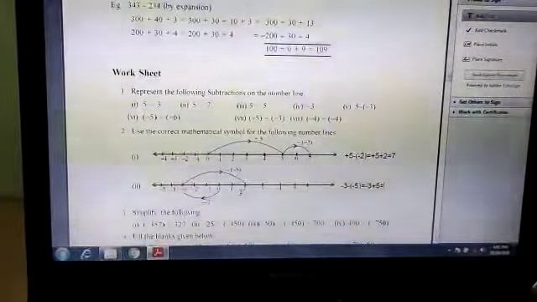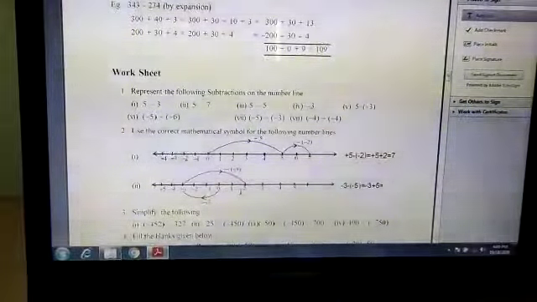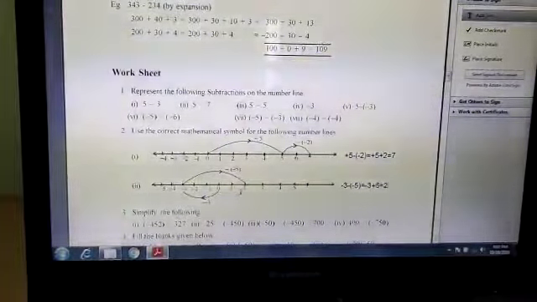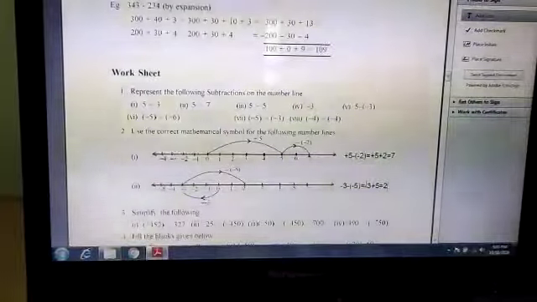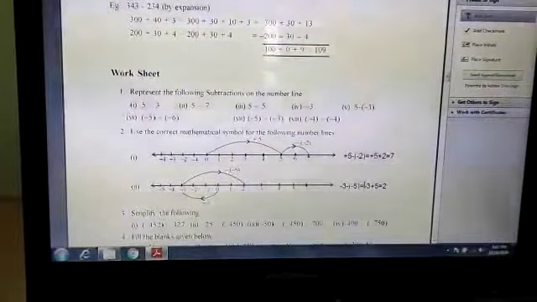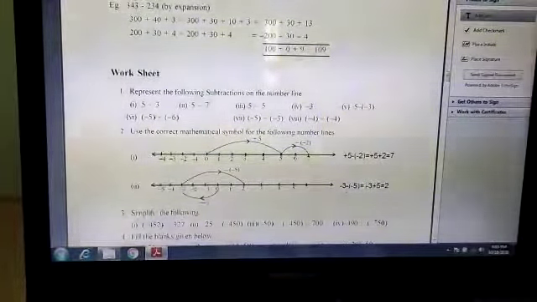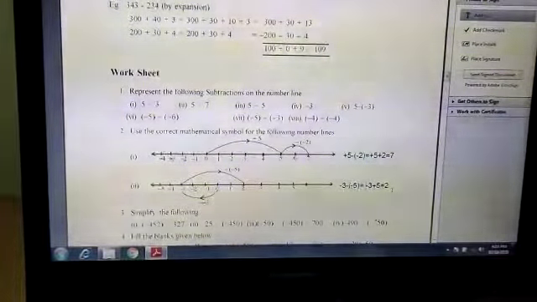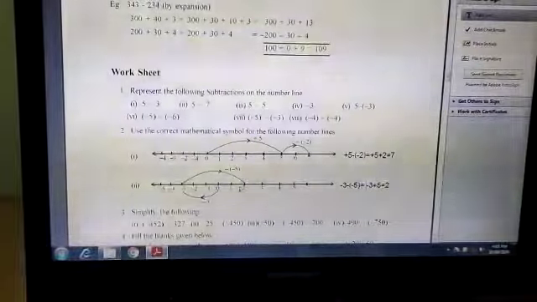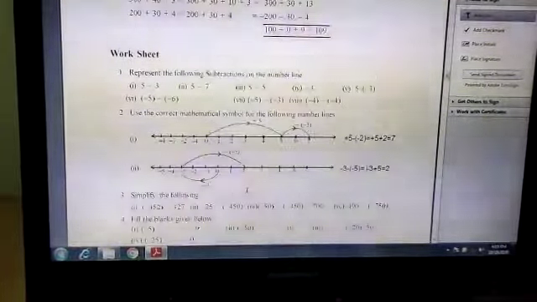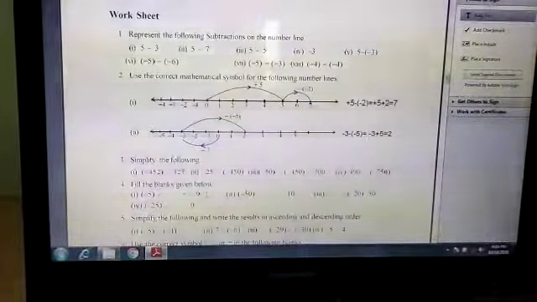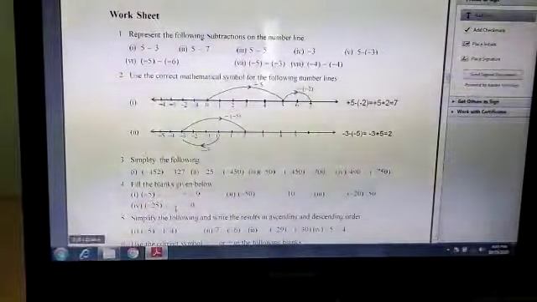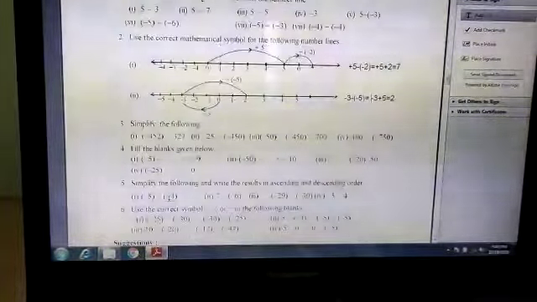So this will be equal to 2. So minus 3 minus of minus 5 will become plus 5, which is equal to 2. So you are ending up at 2. And this you have to simplify. If you have any doubt, you ask me.